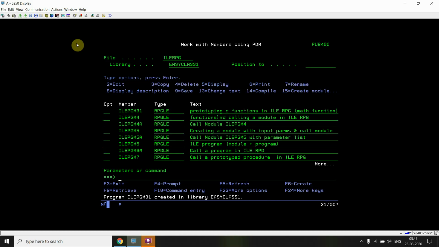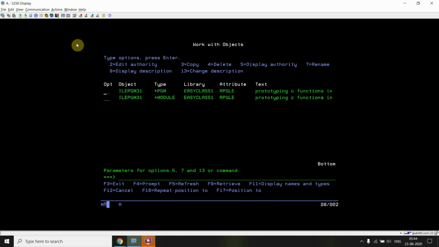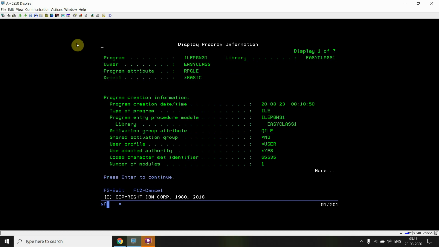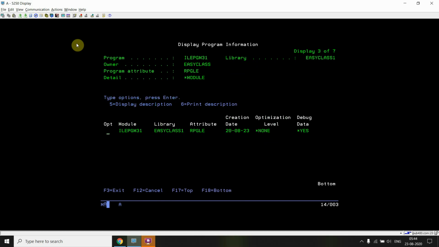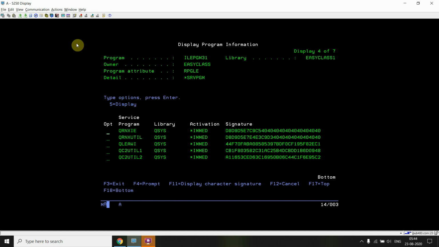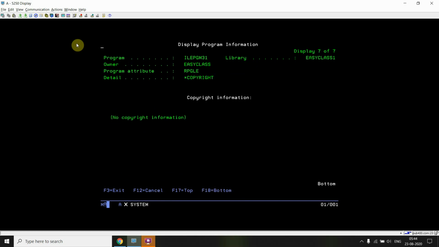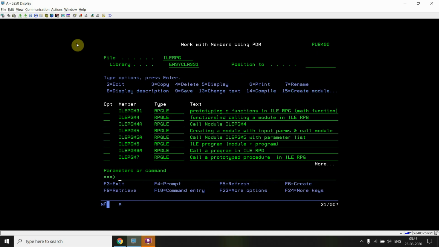Just press enter, and you can see ILE PGM31 is created successfully. If I do DSPPGM ILE PGM31, you can see this is the module which is bound. So we are calling those predefined functions that are available in C.